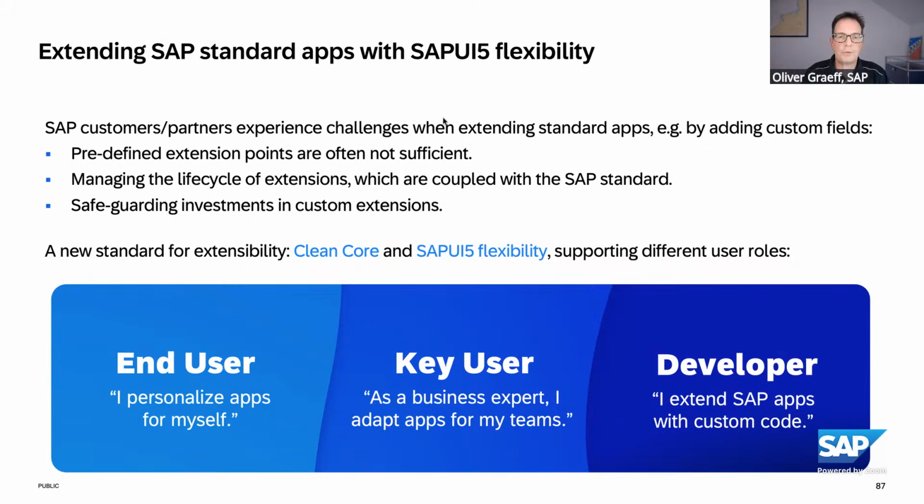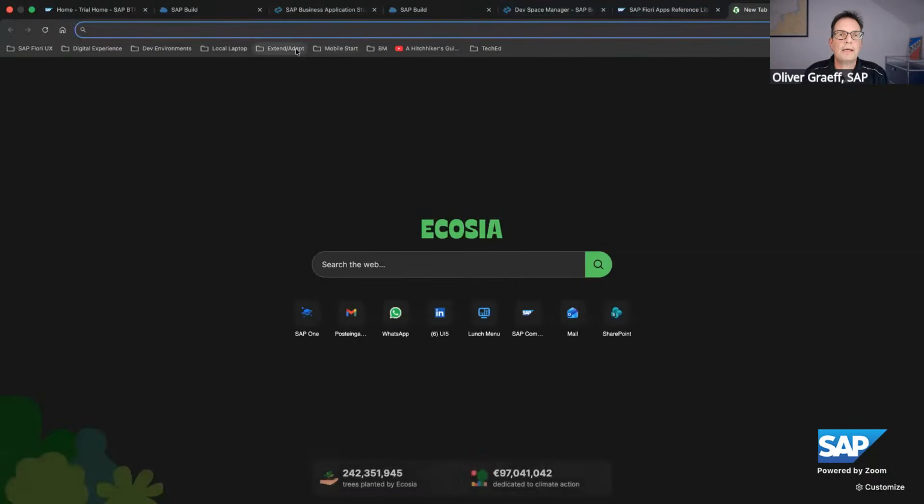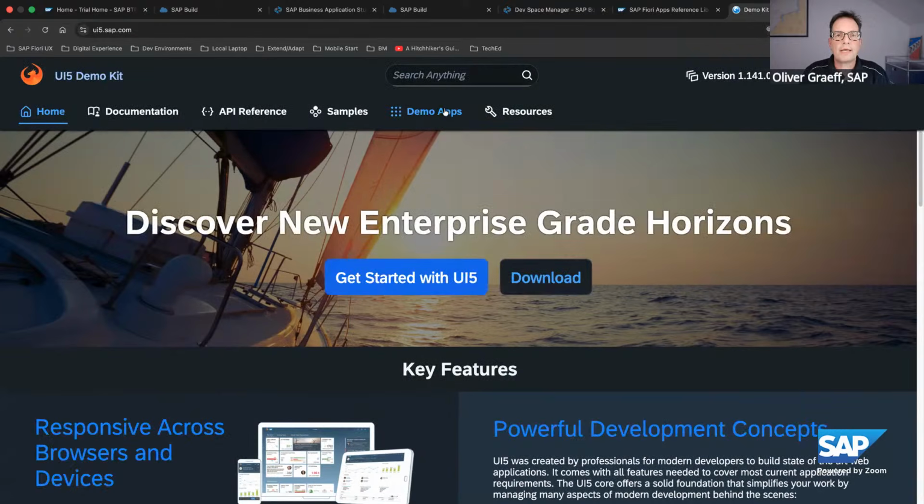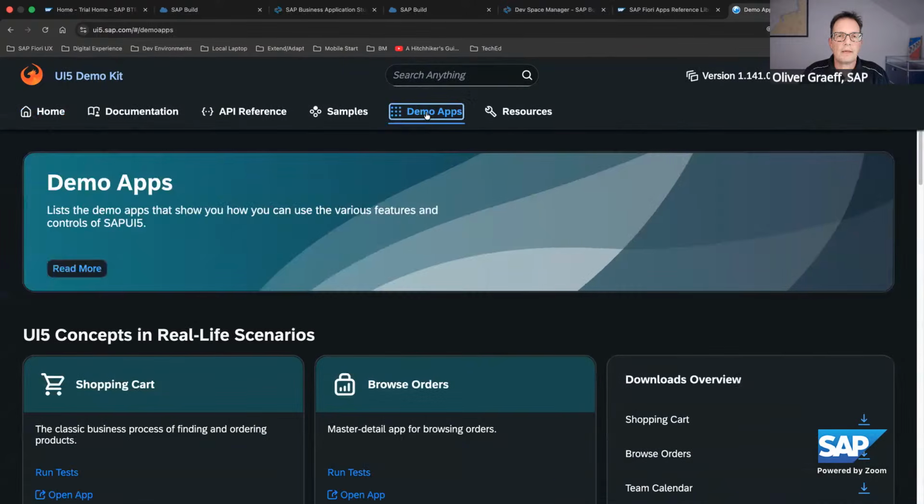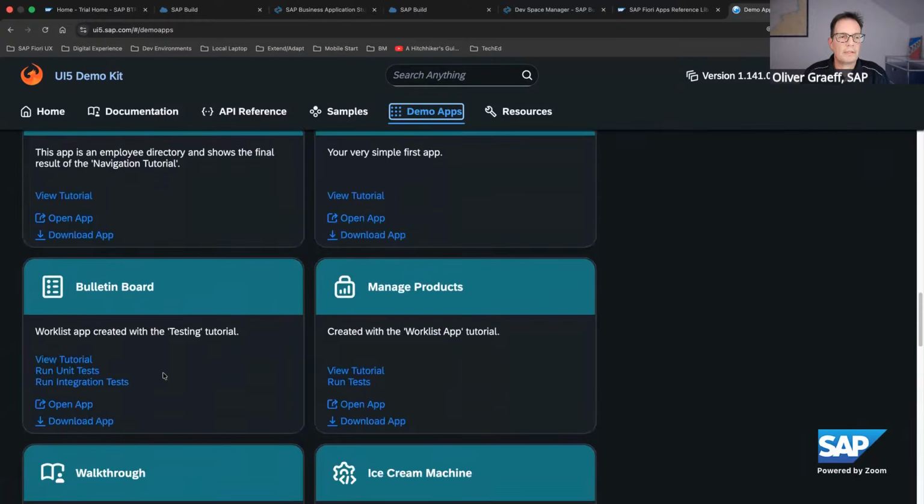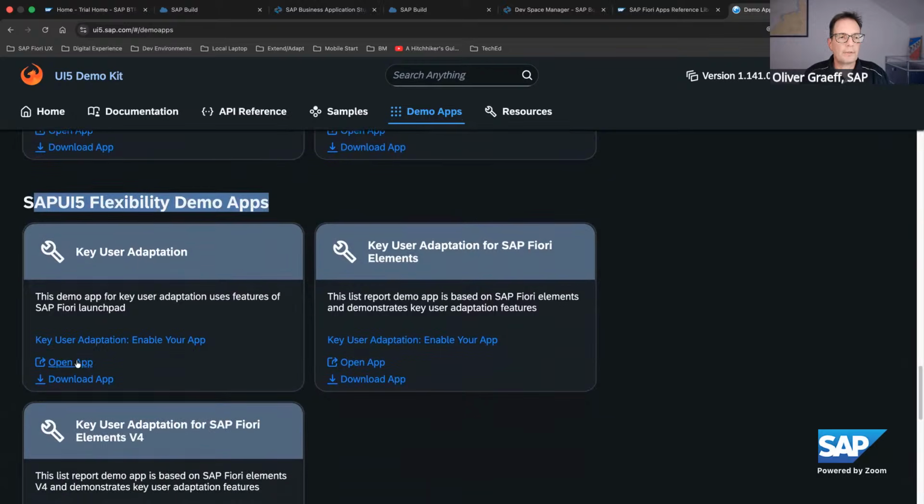And I just want to show you how that looks. So you can play around with this as well. This is in the UI5 demo kit. So you type in ui5.sap.com. There's the section demo apps here. And in the demo apps, if you scroll down a bit, there is a section called SAP UI5 Flexibility Demo Apps. And for example, there's this first app here called Key User Adaptation. And if I open this app,